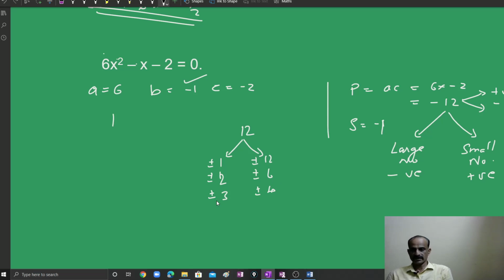That means they are very near. What is the doubt? The numbers are 3 comma -4 or -3 comma 4. Which one shall I take? Here again the larger number should be negative, so I will go for this. Then only when I add, I will get -1 as the answer. So rewrite 6x square minus x minus 2 equal to 0, 6x square minus 4x plus 3x minus 2